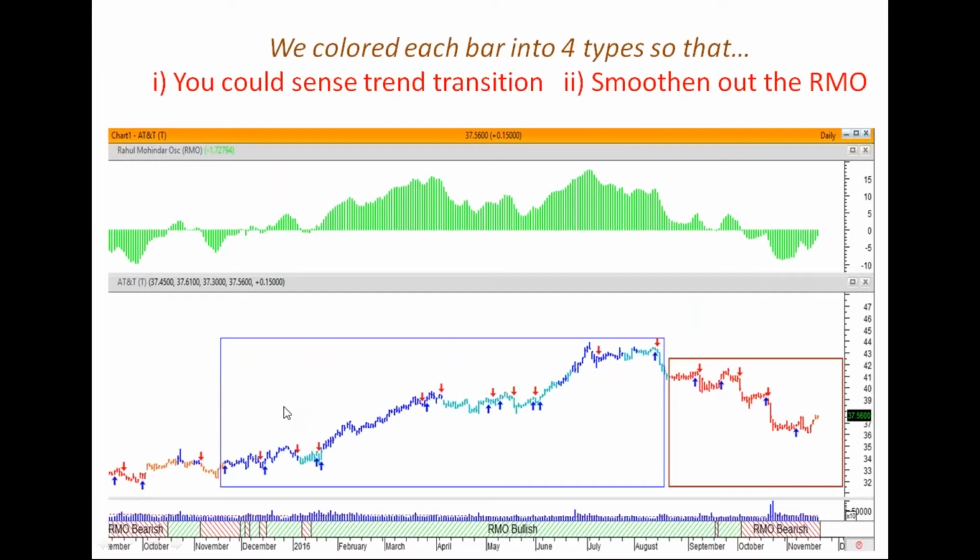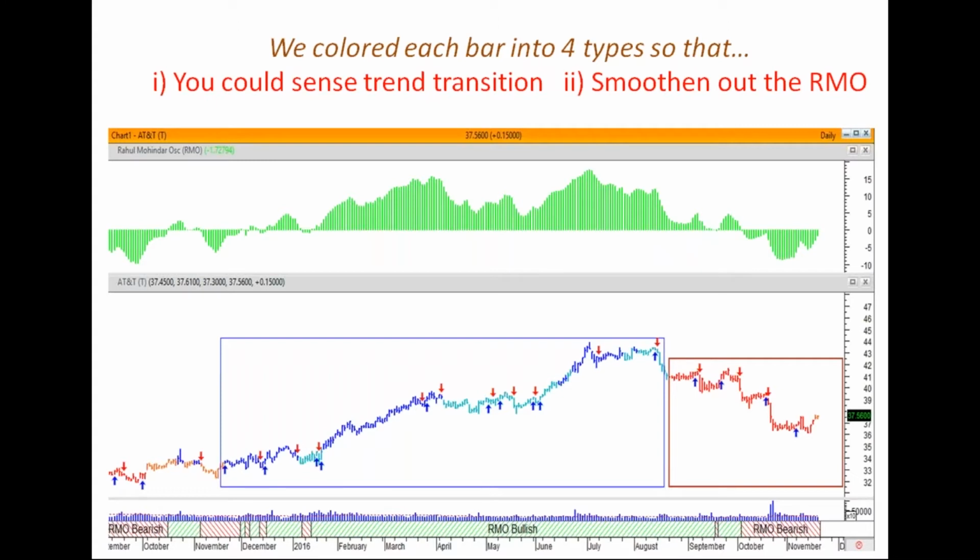So to recap what the super filter does, a lot of the small, little whipsaws, which sometimes would happen, it smoothens that out, and you can really decipher that there's a nice big bull phase or a bear phase. You're not too worried about the fact that there's going to be a lot of chop.